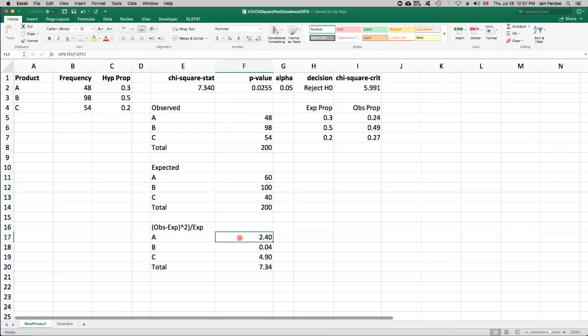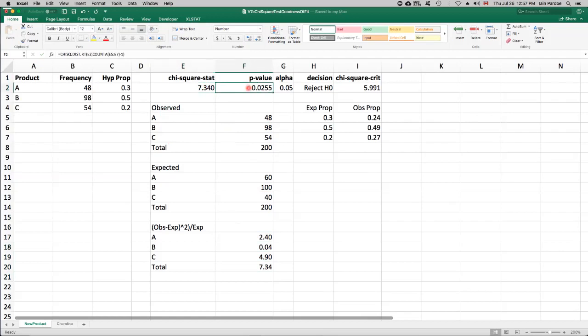And then the chi-squared test statistic will be calculated in the usual way by taking the observed number minus the expected number squared divided by the expected number. And we'll do that for each of the values in the table. So all three values, and then we'll sum them to get the chi-squared test statistic,